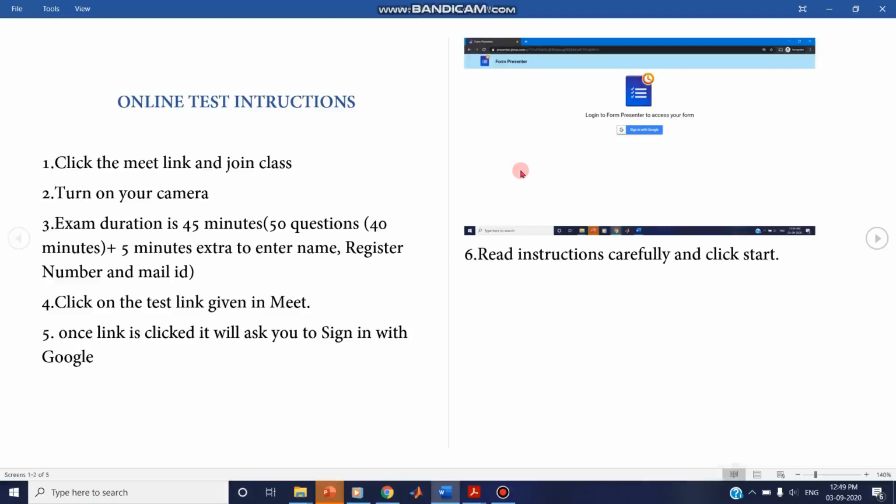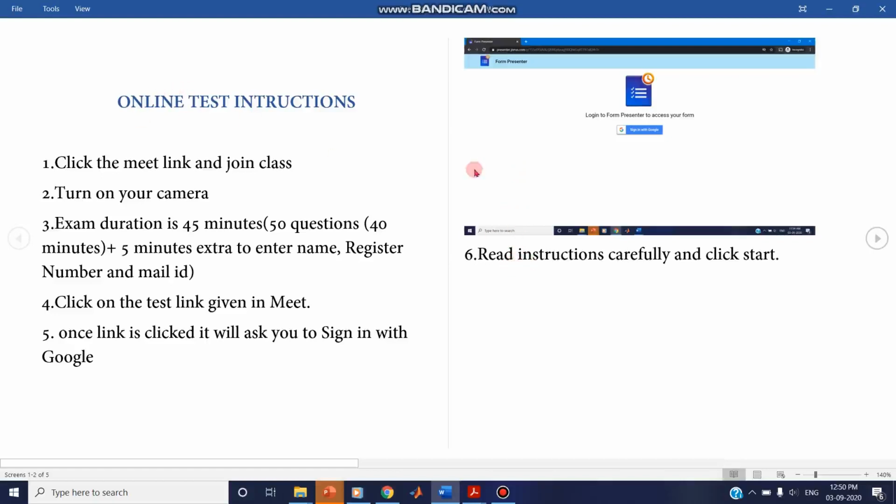Today we are going to see how we can conduct the online test or exam using Google Forms. We have already uploaded a video on how to conduct an online exam using TestMoss. TestMoss is another wonderful tool for online exams, and using Google Forms we can wonderfully conduct online exams or tests. It is very easily implemented using the various add-ons available in Google Forms.